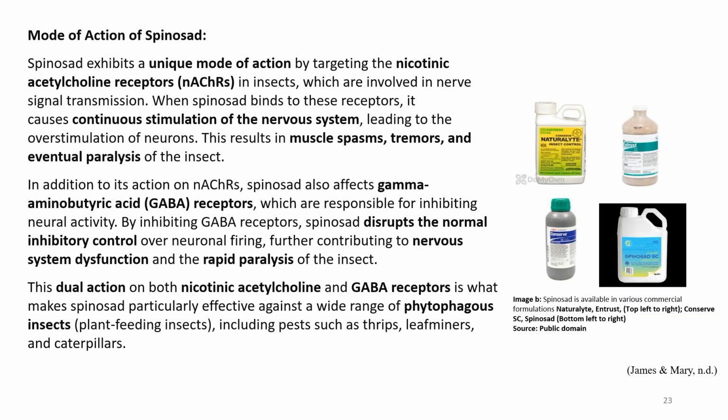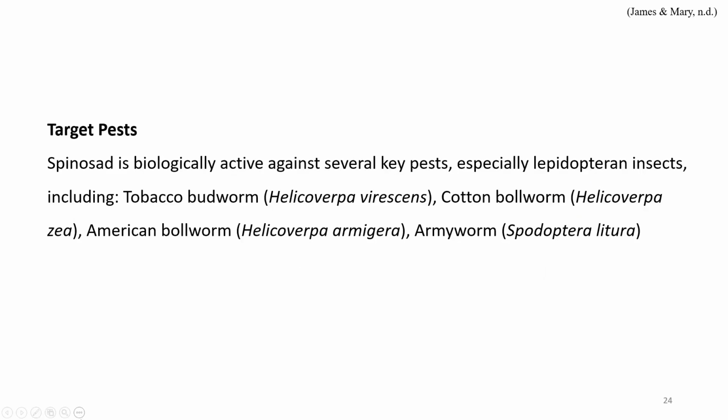The dual action on both the nicotinic acetylcholine receptors and GABA receptors makes spinosad particularly effective against a wide range of phytophagous insects, including pests such as thrips, leaf miners, and caterpillars. So, spinosad is biologically active against several key pests, especially lepidopteran insects, including tobacco bollworm, cotton bollworm, American bollworm, and